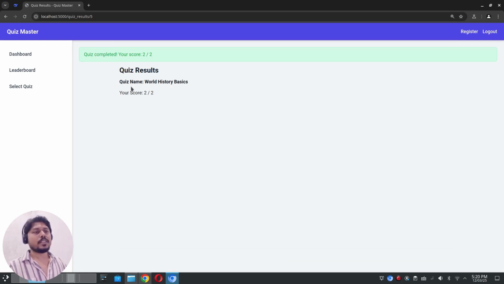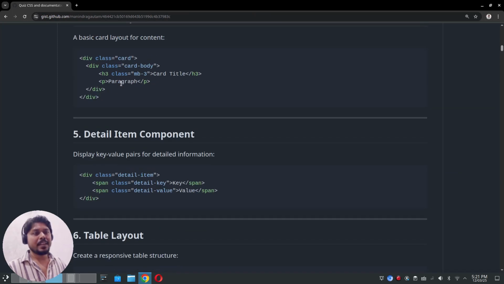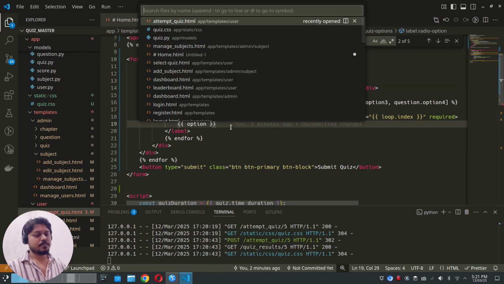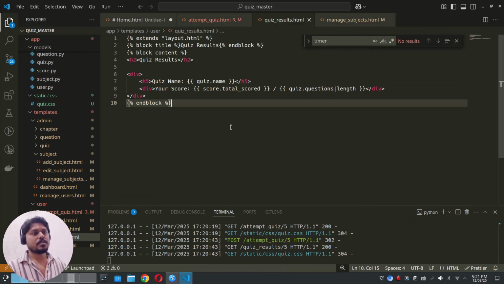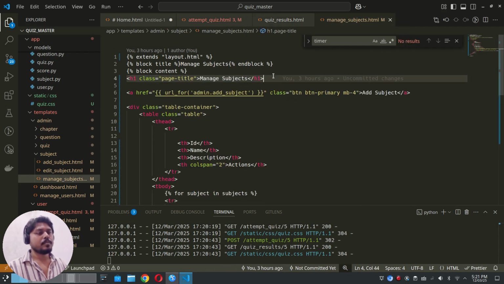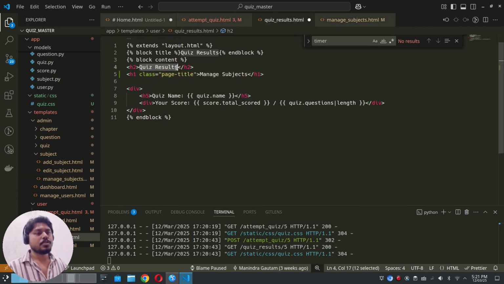So we also have to modify the UI for the quiz results. This is really basic UI. We have only two values, so we will first use the title, and then we will use the detail item component inside the card. So open the quiz results, and first update the page title, quiz results,